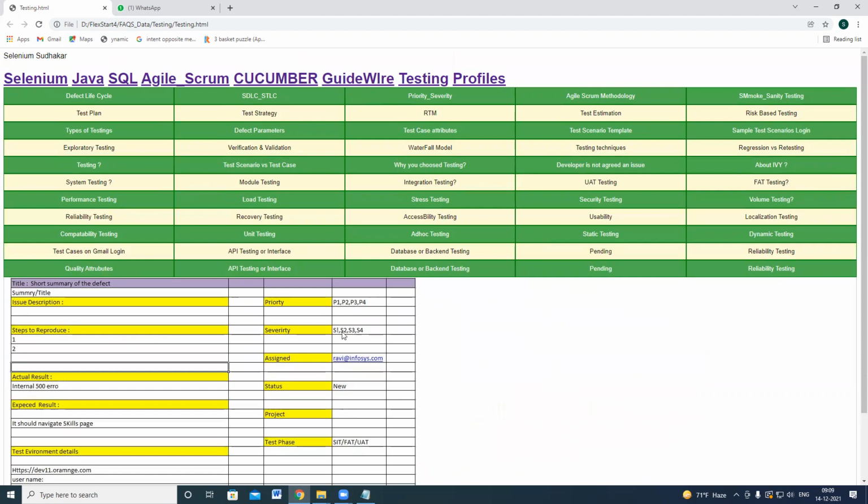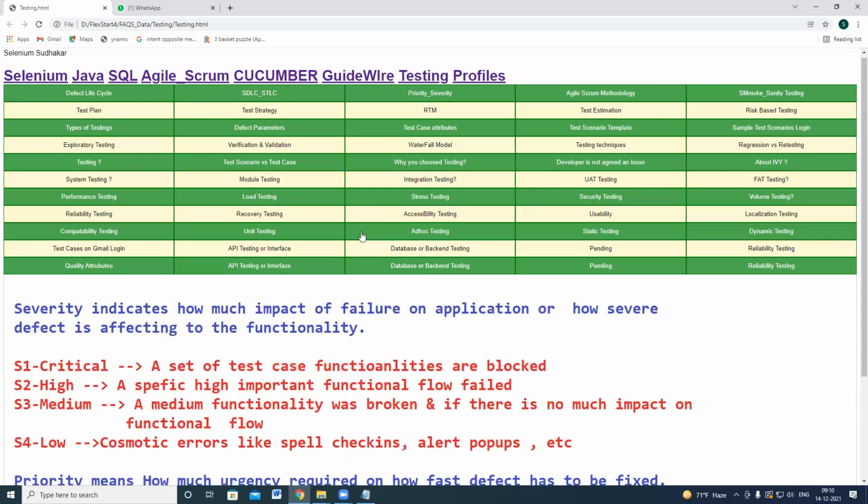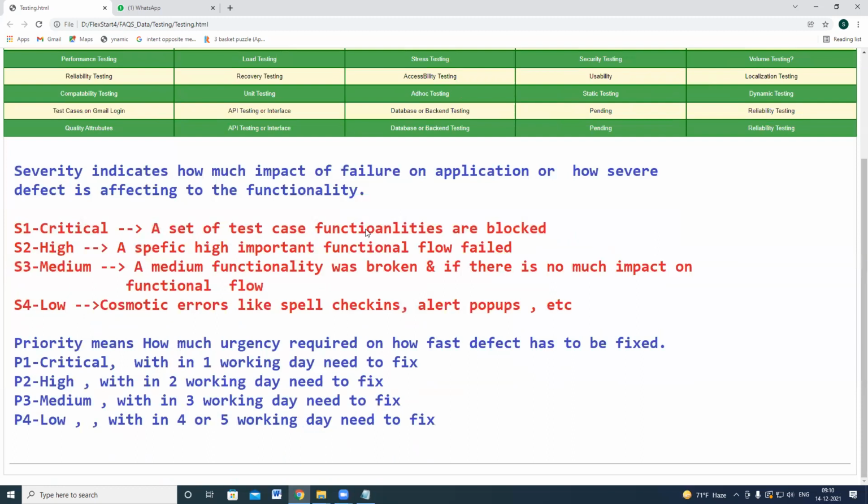So in this case, I need to give severity S1 or S2 in the drop down. What do I need to give? I have to give S1 only, because so many other test cases are also getting failed and blocked, because unless this issue is resolved, we cannot go and test. So I have to give S1 critical.